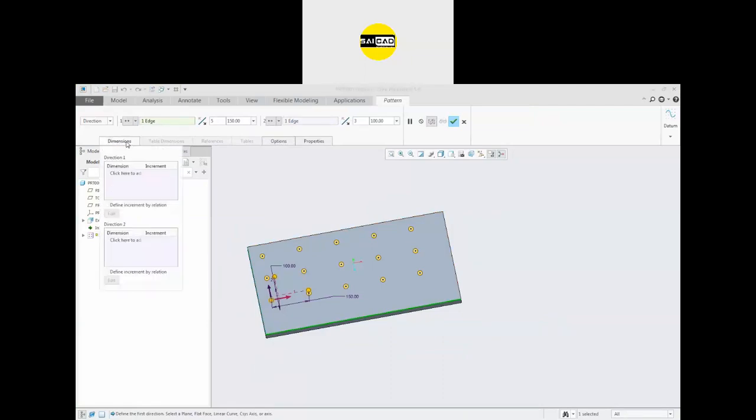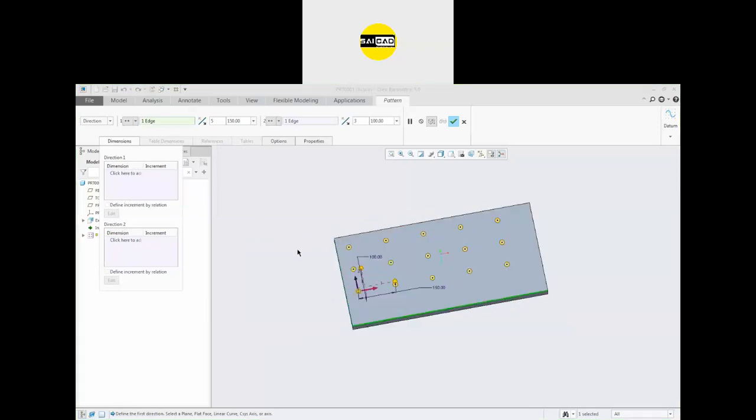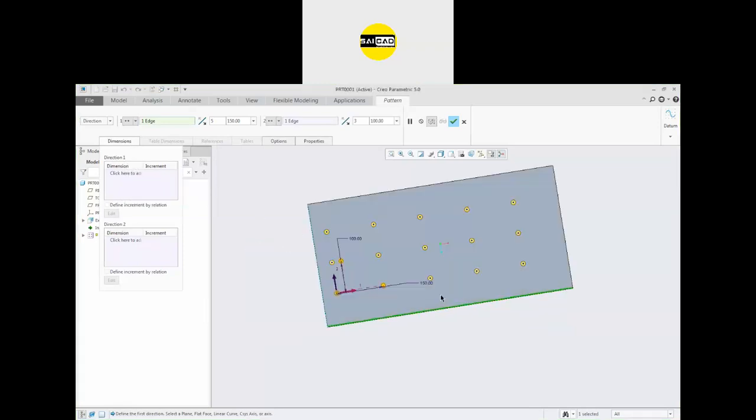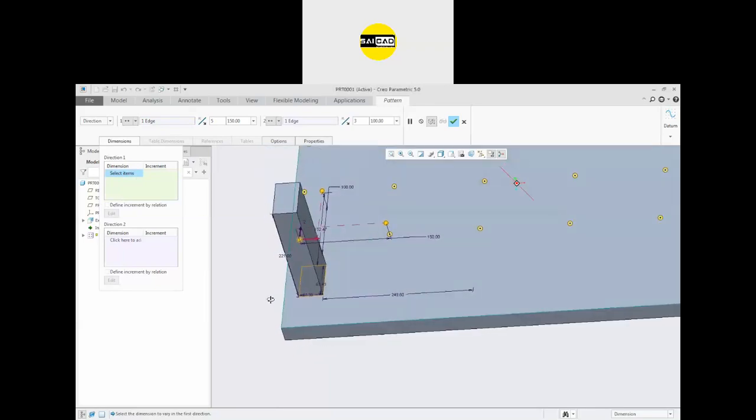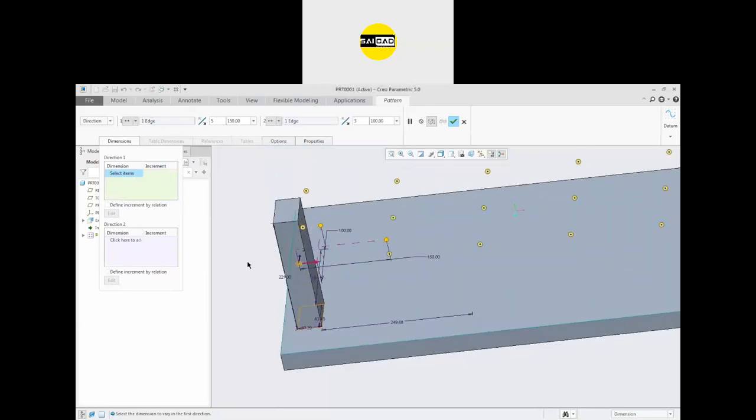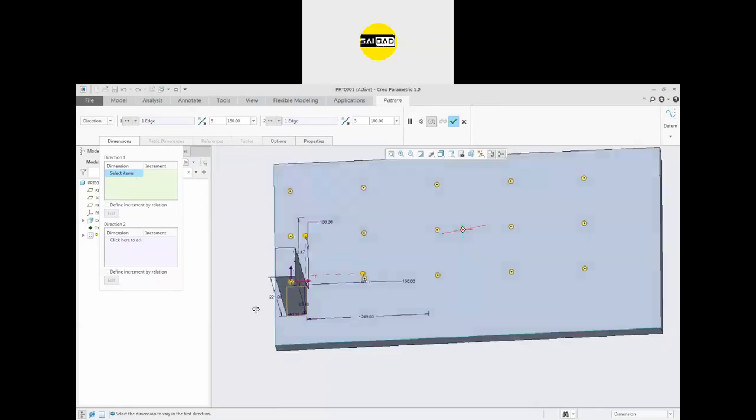If you go in the dimension, there is an option where you can select two dimensions or multiple dimensions and you can vary the dimension. Okay. Right now we only have two dimensions, that is this 150 and this 150. So if we click here, you will see the whole object, the whole feature that we have created earlier. Now you will see all the dimensions right here.